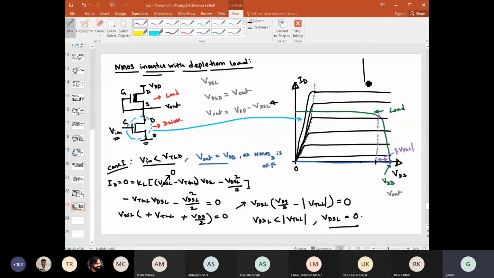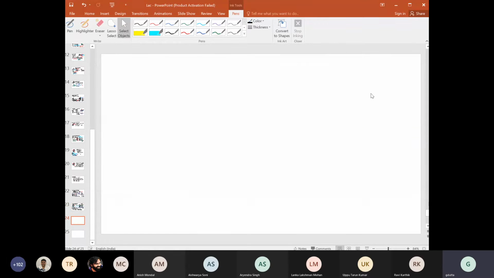Now if you think about this VTC, VOUT by VIN, you have got this point. This is VOH dash, so VOH dash is equal to VDD. We have found this point, and it will remain constant up to what point, that you also know. Okay, then what else? Next, when the transistor turns on, probably you can say it is case number 2. If VIN is greater than the threshold voltage of this driver transistor, then the driver is on.